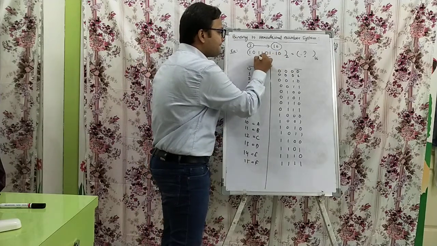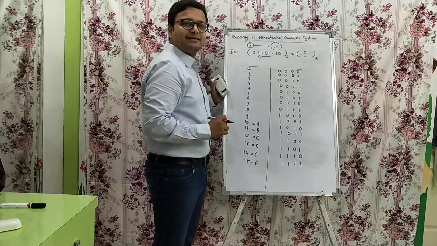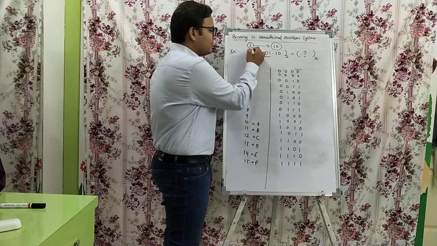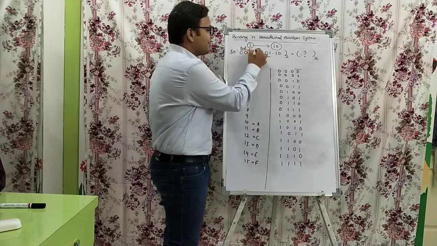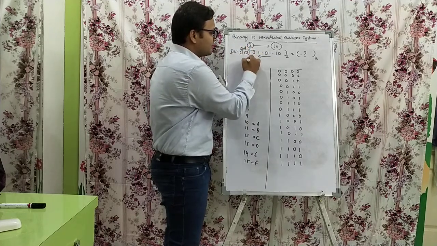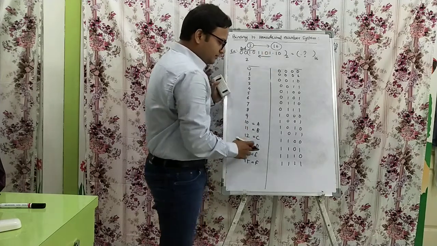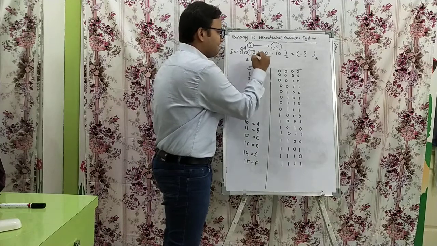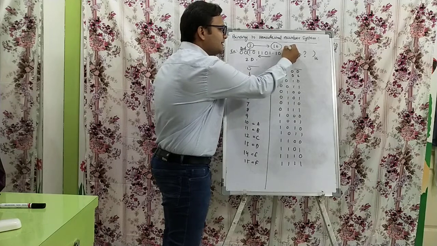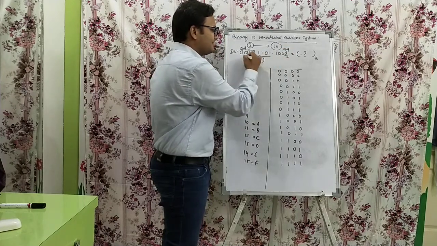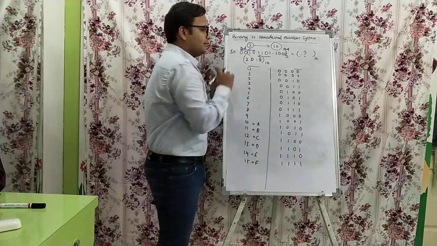What you need to do here is simple: group 4 equivalent binary bits to get a single hexadecimal digit. Here there are only 2 bits, so you pair 2 zeros at the left, which will not change anything. So this will be 0010, which is 2, then 1101, which is D. Next, 0.10: you have to pair 2 zeros at the right side, so 1000 is 8. So the answer is 2D8. This is the way you can convert.